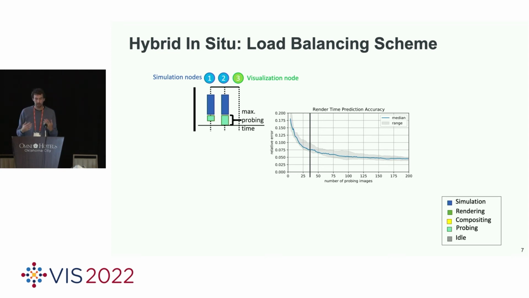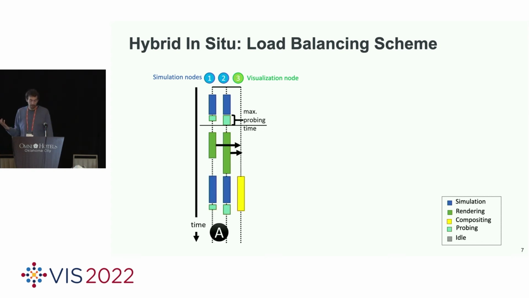Particularly challenging, though, are estimates for render timings, as they vary significantly depending on the data that is generated on the corresponding node. We use probing to achieve sufficiently accurate prediction, which means that we complete a certain number of randomly selected rendering tasks to estimate the overall cost.